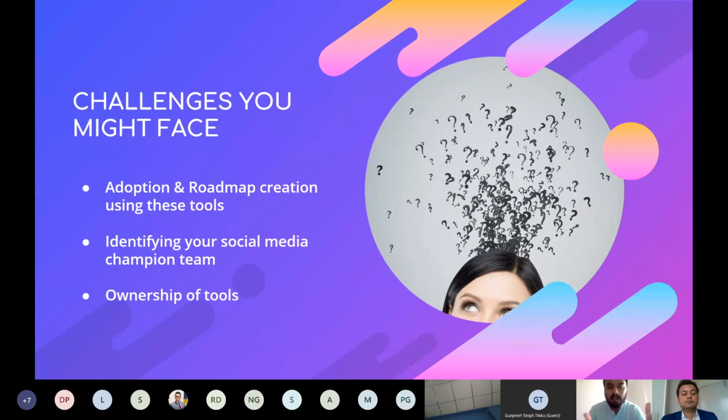What happens is, as soon as I get excited about a new tool, my team gets very worried. They're just like, oh my God, Shiva's come up with a new tool. Now, what is going to happen to all of us? It'll just take hours and hours of learning and using the tool. And what I do at my end is I always turn the tool into a game or a challenge.